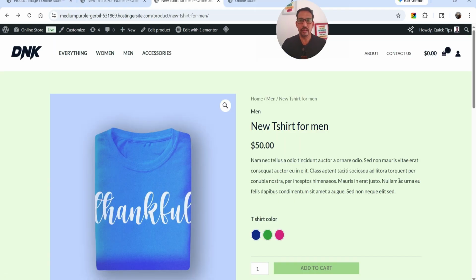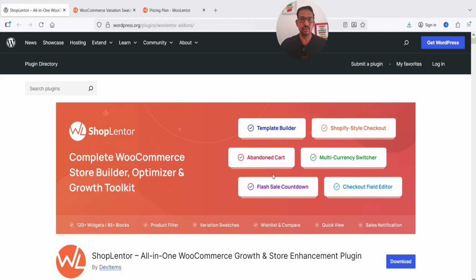So if you want to add color or image variation swatches in a WooCommerce website, you can try using the